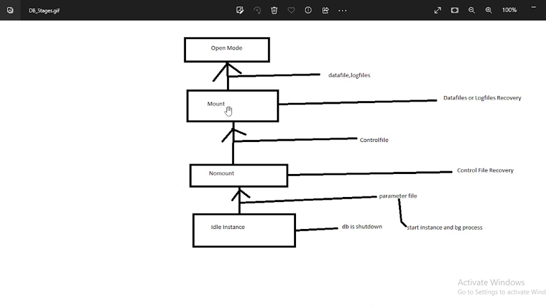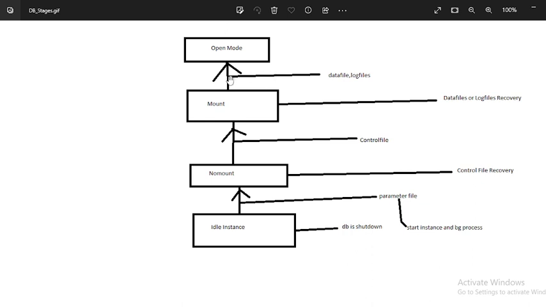On the mount stage, if you have any problem in the data file and log file, you need to recover your data file and log file on the mount stage only. Once the data file and log file recovery is done, you are able to go to open mode.